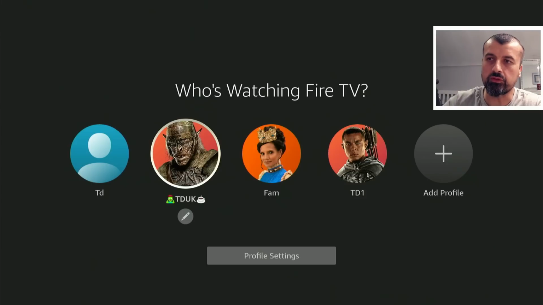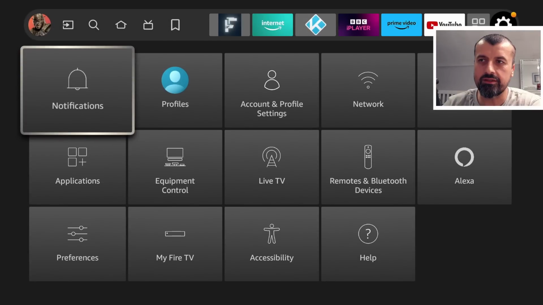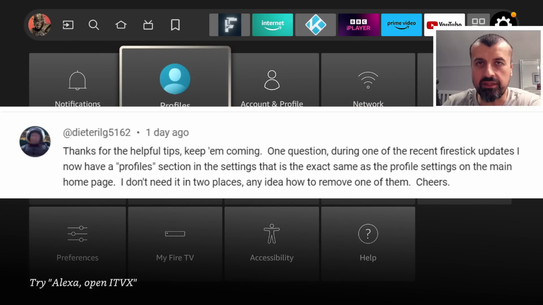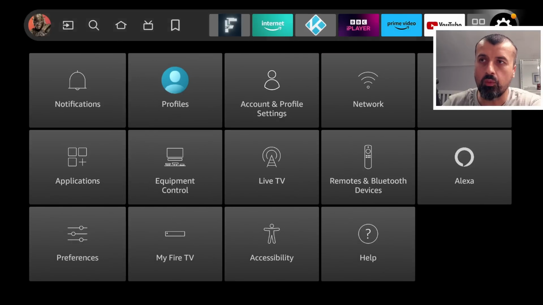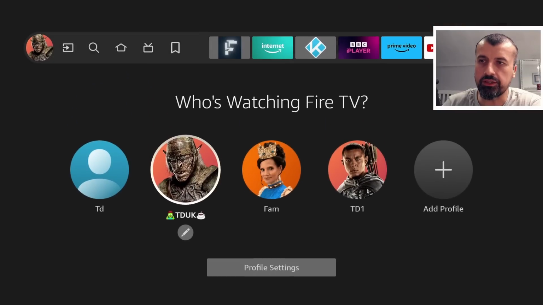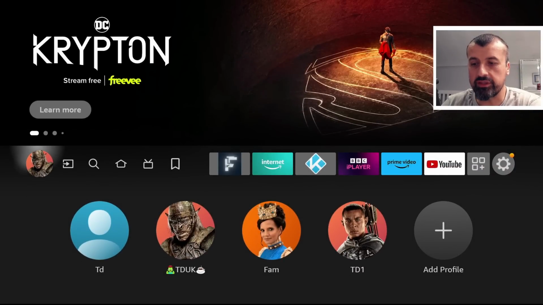Now also with profiles, if I go over to the settings, and can you see it? We now have a new profiles icon directly inside the settings. Now this was also mentioned to me in a comment yesterday, and I know that Firestick has just done a video on this today. Now very interesting, because there's actually a couple of different ways we can access the profiles already. One is obviously you can go over to the left, click on here, and you can now choose a different profile. You can also use your voice and say,